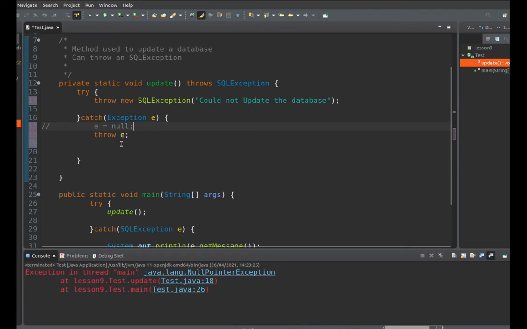What's going to happen in this case? In the previous case we saw, when we throw null, it throws a runtime exception of type NullPointerException. In this case, as I initialize this to null and then rethrow it, is it going to give me a NullPointerException, you think, or is it going to print out could not update the database and so on? So let's see. I'm going to uncomment this,